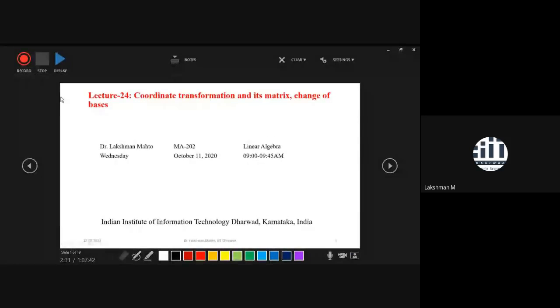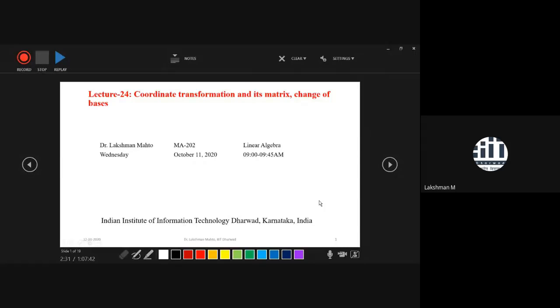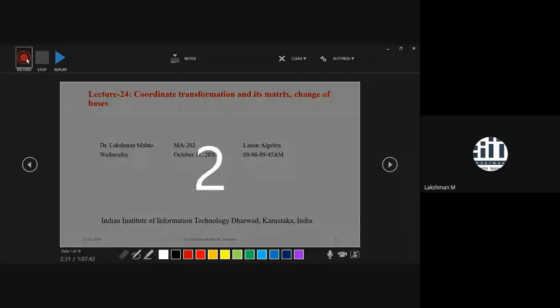Everyone needs to give attention, because this lecture is very important from several perspectives. It also forms the backbone of linear algebra. Whatever basis you have, the most suitable basis happens to be the rectangular basis. That means whatever basis we had already studied, there we observe that (1, 0) and (0, 1) are the standard basis for the two-dimensional Euclidean space R2.